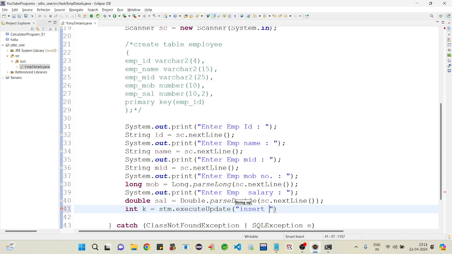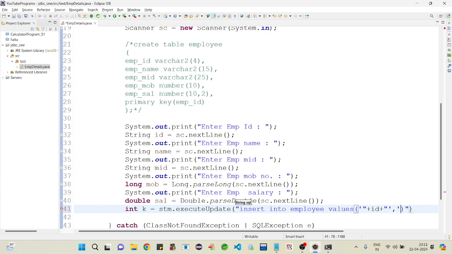Insert into our table name employee values. To break our double quote we need a single quote. After that, two double quotes, then plus plus, and I am writing id, the first value.